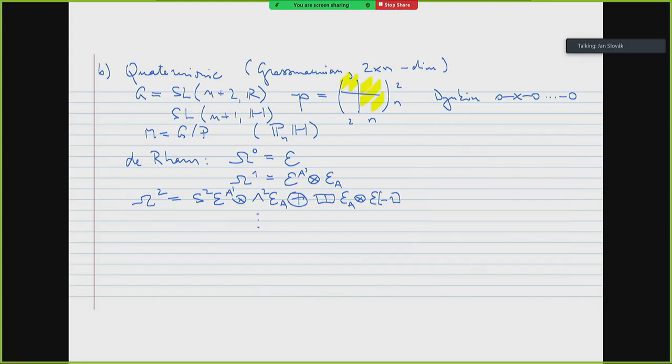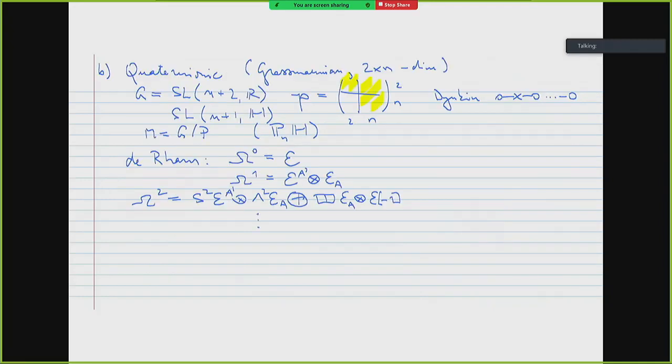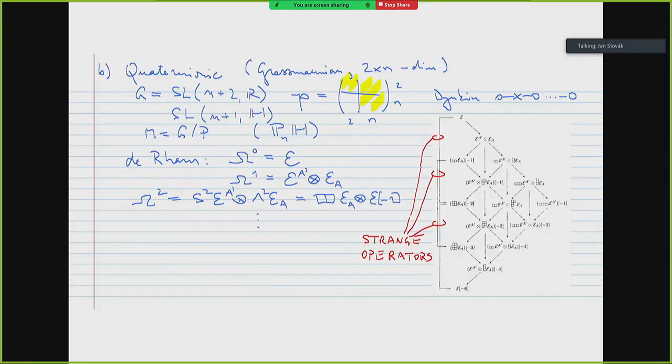If I would go back, here we had this theorem of this shape, this strange operator. And here we see it again, with this strange operator. Then it goes further, right? But in particular, you see that the previous picture is completely here. Why is this happening? Well, that's clear, because we saw